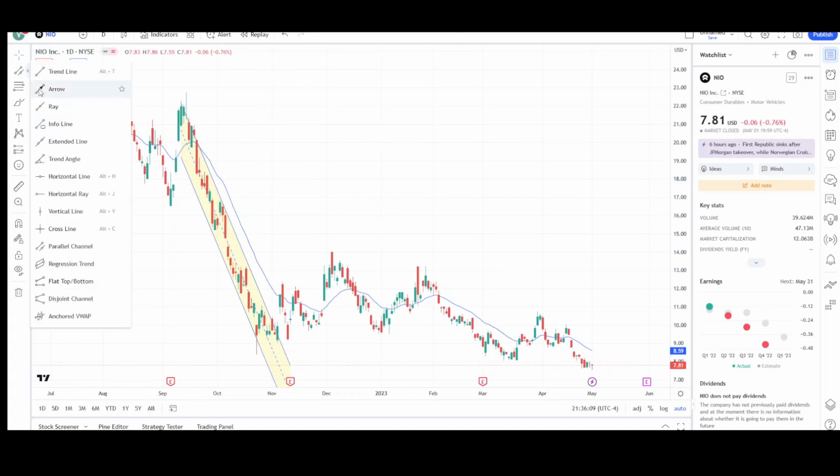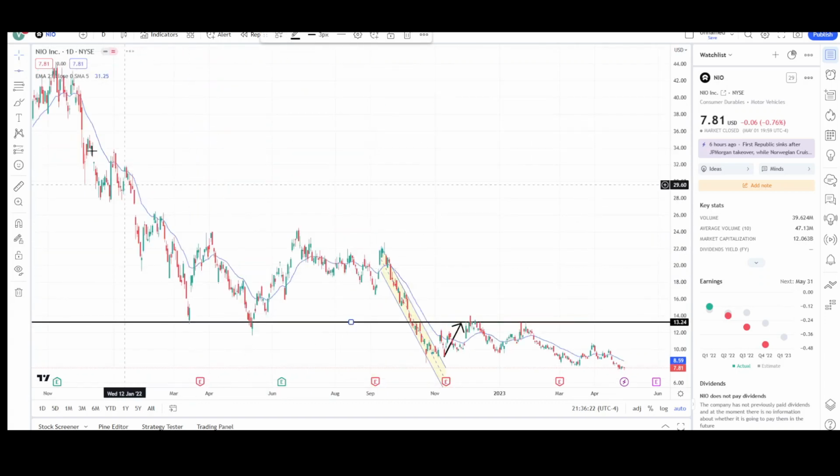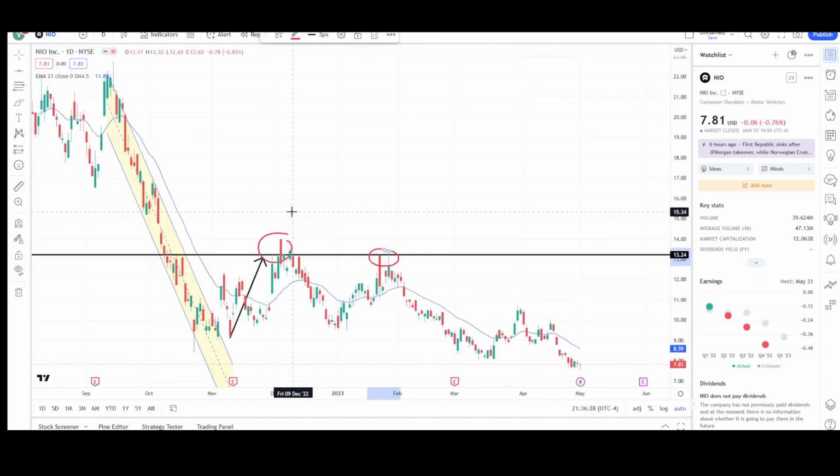Prices broke this channel, made two legs up. This is the first leg up. Prices pulled back, made the second leg up. Started finding resistance at the end of the measurable target, right around this $13 level, which also coincides with the prior support. So this prior support turned into a confirmed resistance because bulls tried to break through it twice and